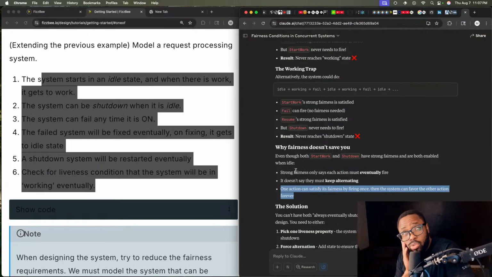Okay, but it's the strong fairness. Okay, so when you have, oh, okay, I think that's actually a critical point. If you have multiple strong fairness for the same predicate, only one of them is required to fire. That's actually, I mean, that will explain. I mean, that's the answer